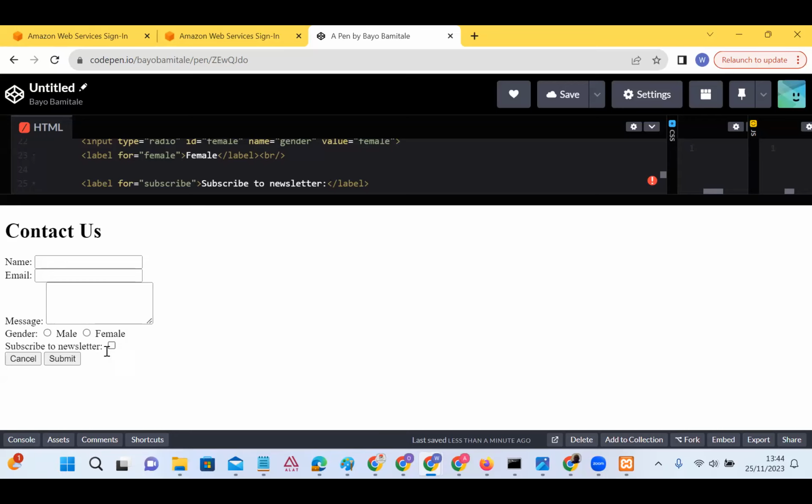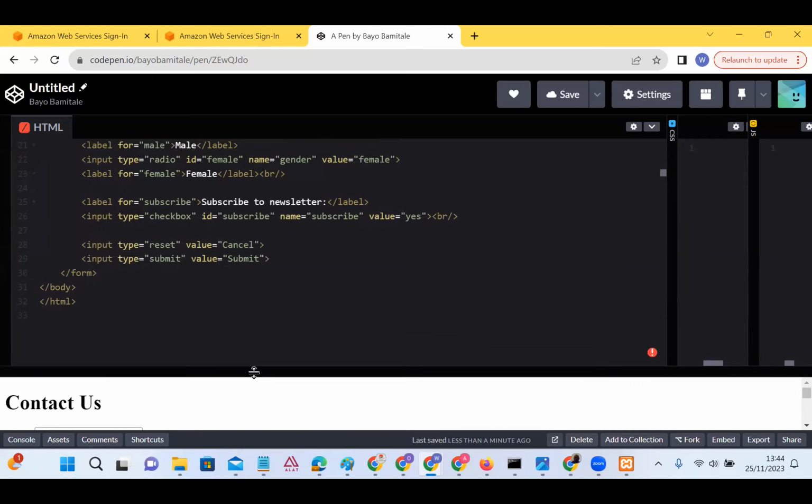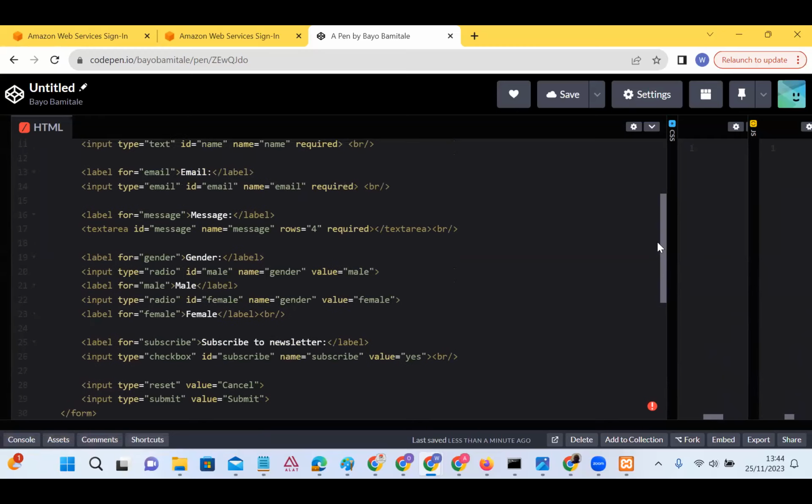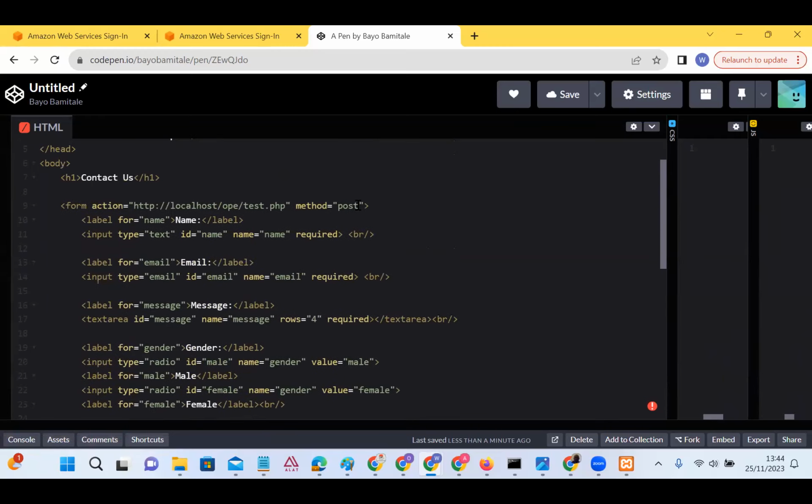So let's start with get. If we convert this to get, what will happen? All of these things will now be created as... so if we save it,